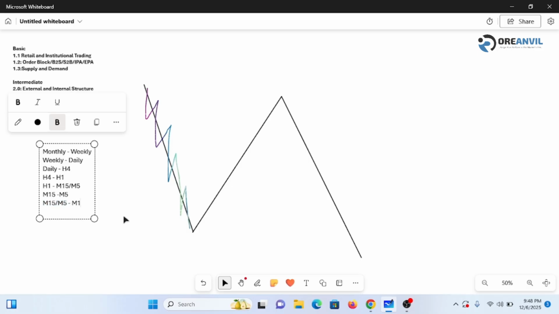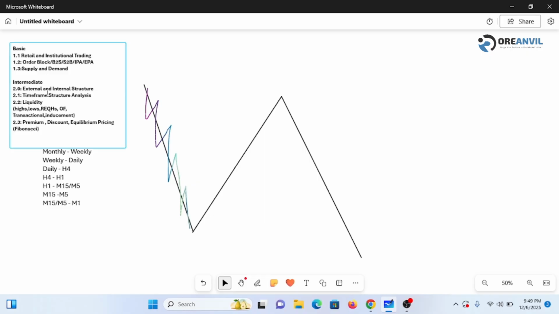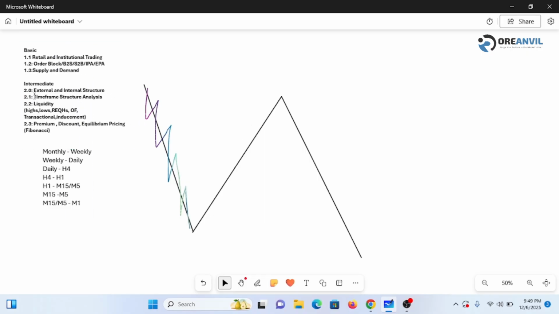What I'm looking for, if I see it on the H1, I won't jump to my M1 to pick the trade. Rather, I will go lower to my M15 or M5 to see better before I jump to my M1 time frame. The purpose of this is to understand the liquidity cycle. So this is the liquidity time cycle.